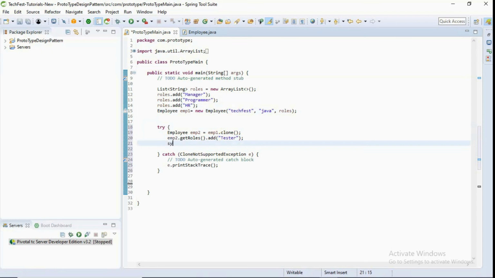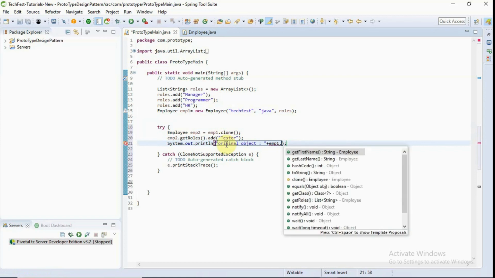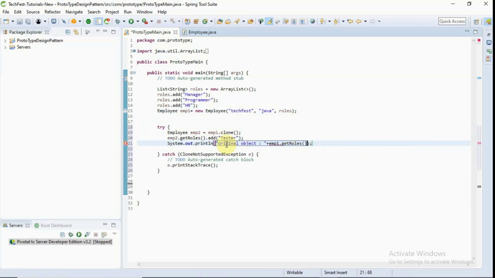Let's just print both these objects and check what is happening. The original object, which is basically emp1.getRoles, and similarly we can print the prototype object, that is emp2.